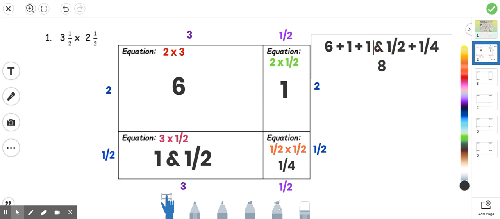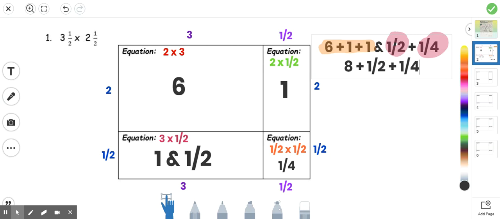So see how I took, I love my little highlighter here. Let me highlight this. I took this 6, 1, and 1, put them together, and I made 8. But look, that means that I'm left with a half and a fourth that I still have to add to this. Okay? So that would be 8